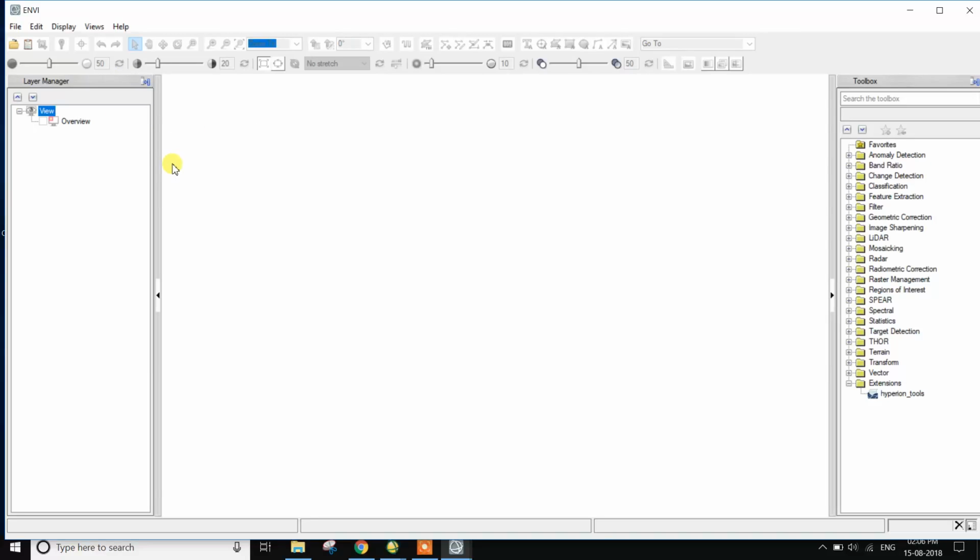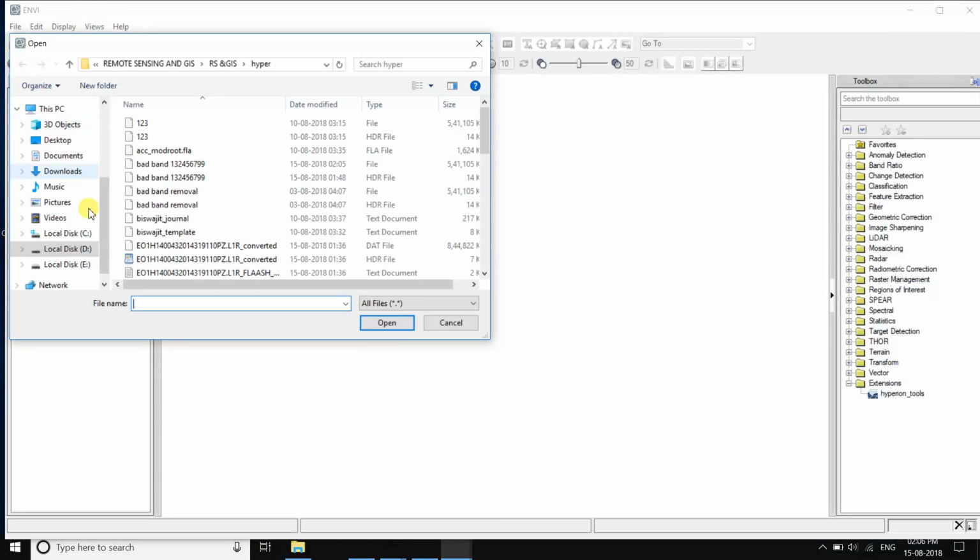Open the ENVI 5.4 software and there is the third day stripping. Open the ENVI file. Open the third day stripping, with the bad bands of hyperspectral data.